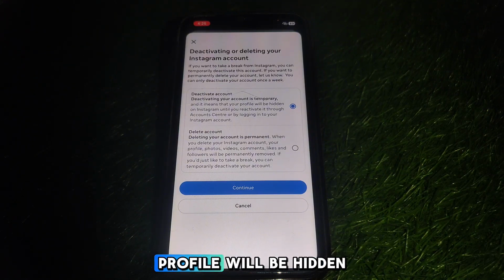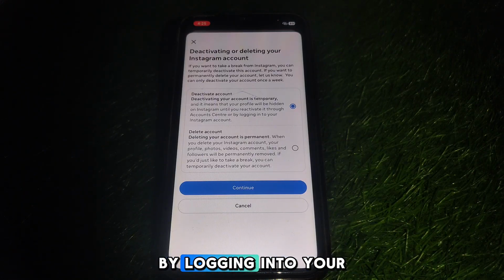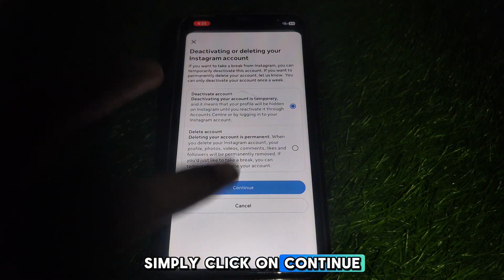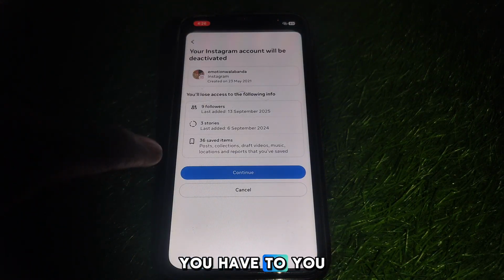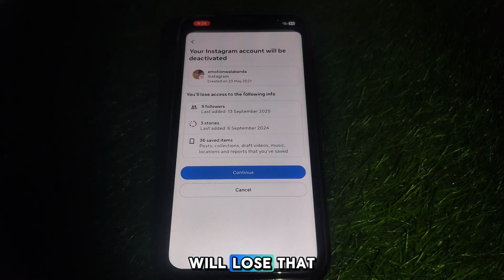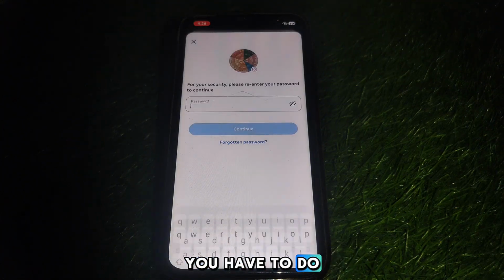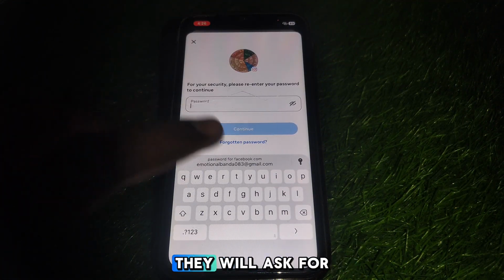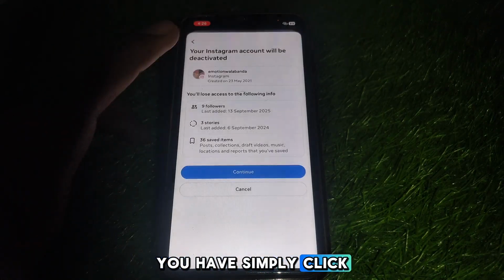It means that your profile will be hidden on Instagram until you reactivate it through account center by logging into your account. Here you have to simply click on continue, and after that you will find that you will lose the following info. So you have to simply click on continue again, and after that you have to provide your password here, and after providing the password they will ask for confirmation, and after confirmation you have to simply click on